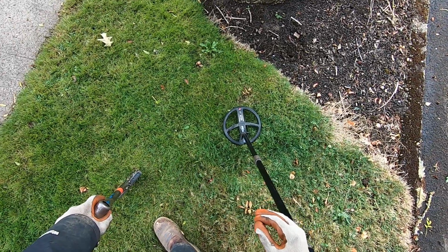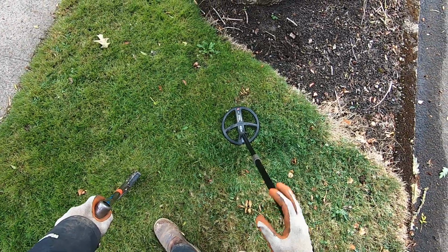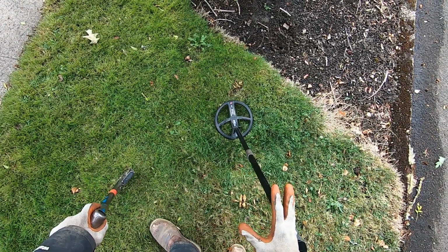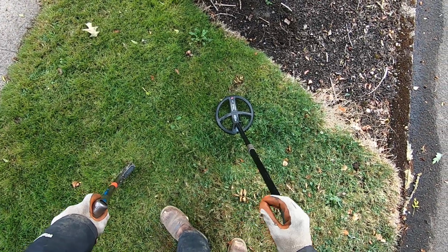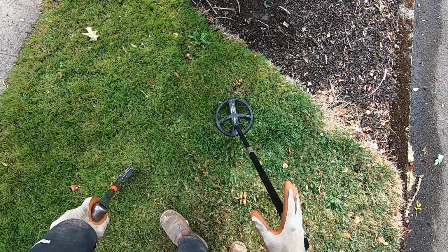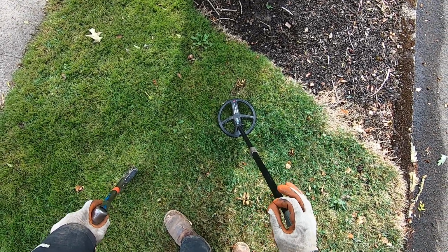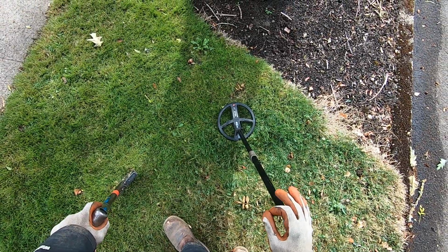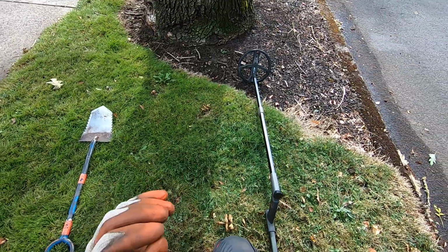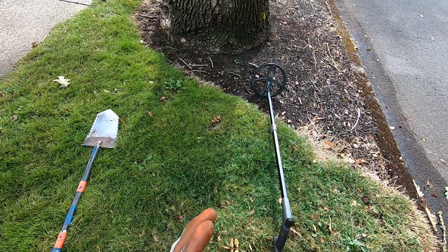spring, because I had it in deep program, my deep full tones, because I wanted to go deeper with the Deus. And I think the Deus really isn't a super deep machine, but that's not my intention of this machine. After about 4 or 5 months of use, I realized that the Deus is not really a deep machine. It's not going to hit on deep targets,